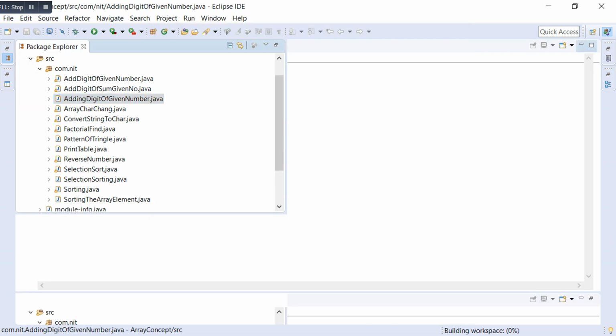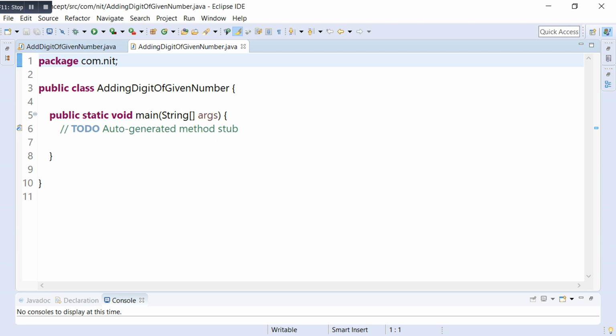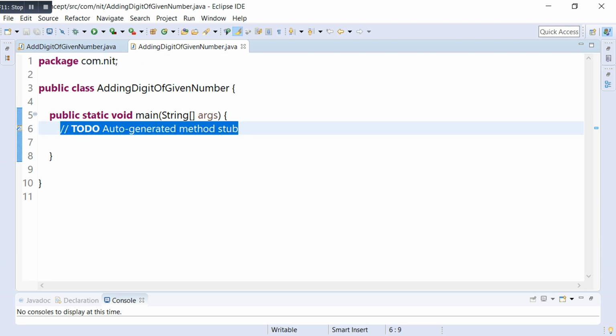The class will be ready. Now, if you want to take a number from the user, you have to write a Scanner or some other approach. But in this video I am going to discuss the Scanner. Scanner is a class used to take input through the keyboard. If you use the Scanner, you have to create the Scanner object: Scanner sc equal to new Scanner